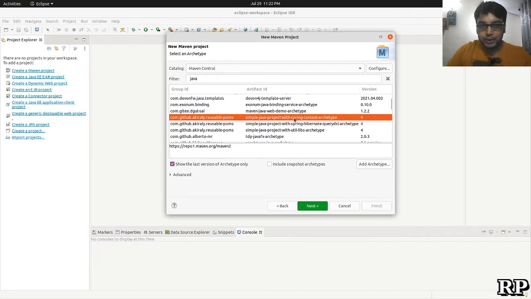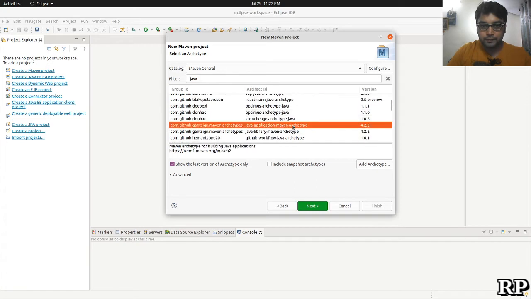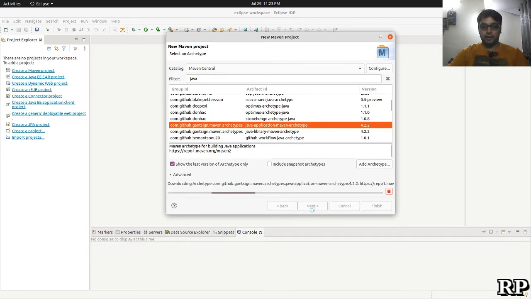Simple Java project with a Spring context archetype, not this one. I will go with this one, Java application Maven archetypes. I just need one application with Maven. That's it. I don't need anything else.